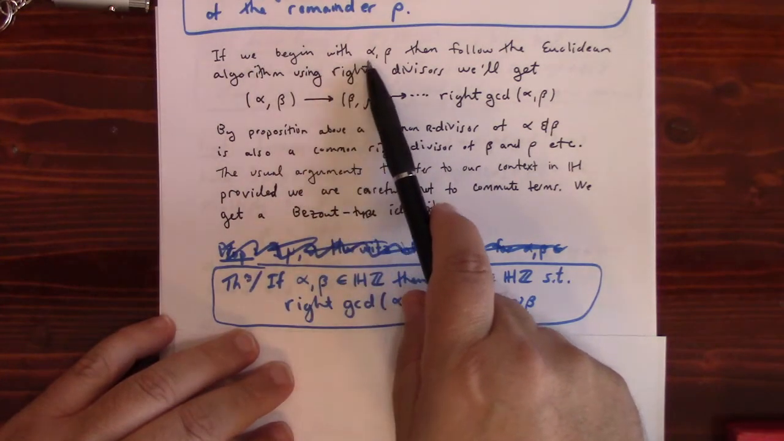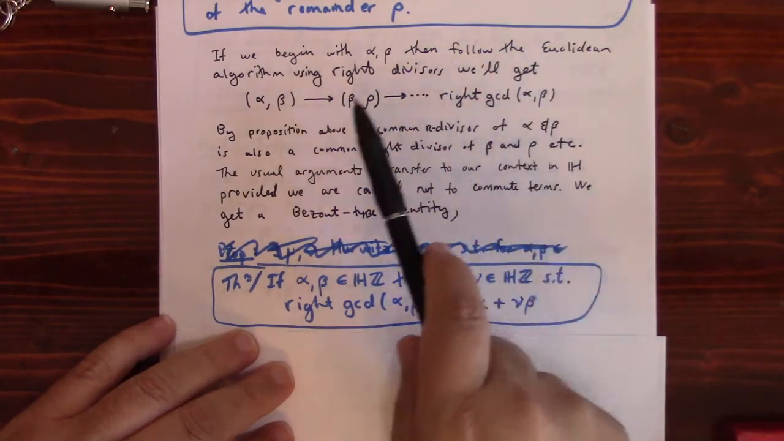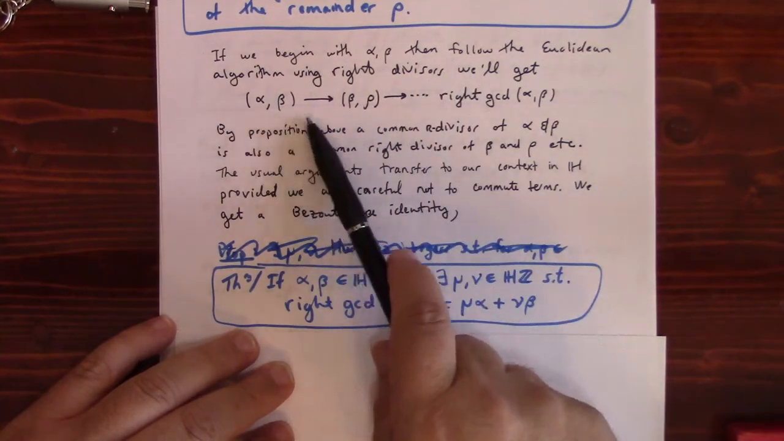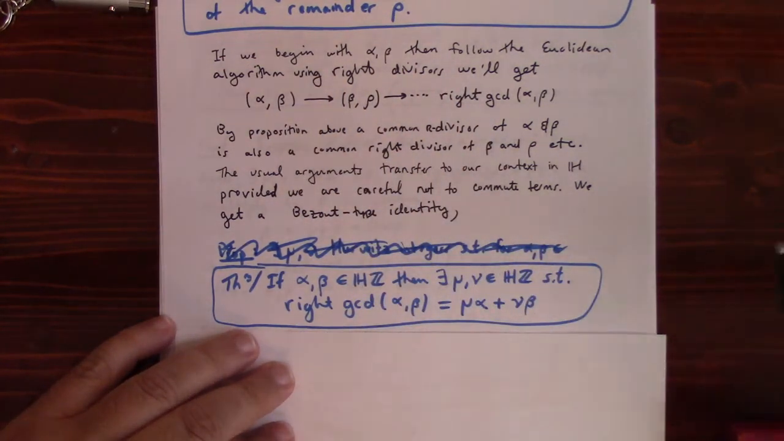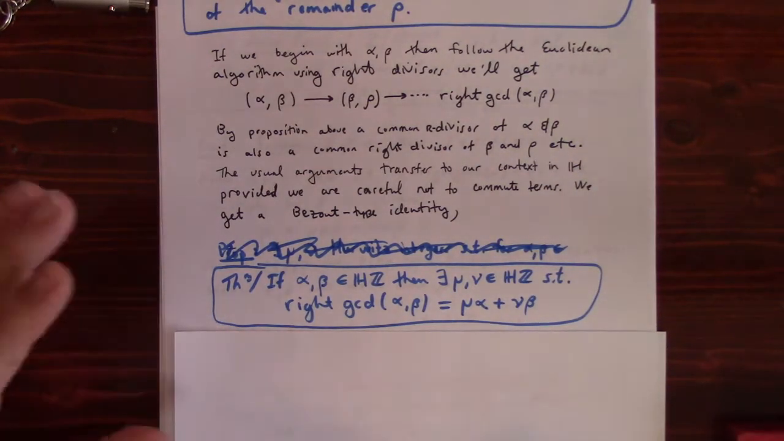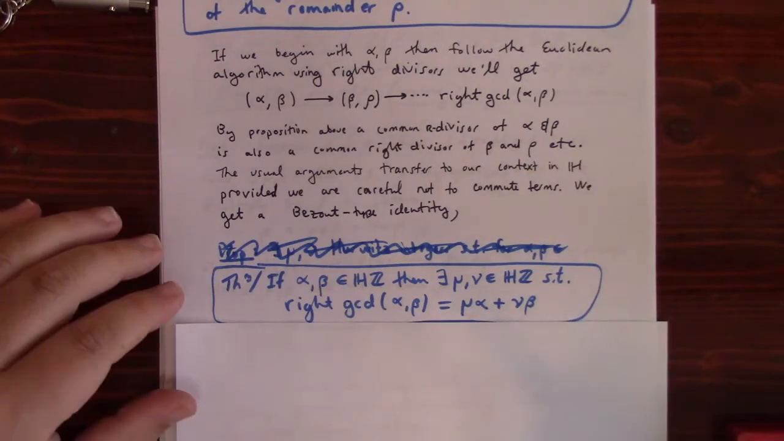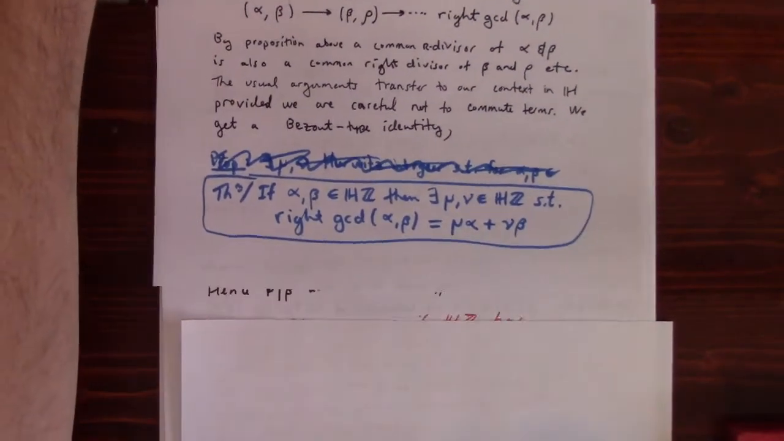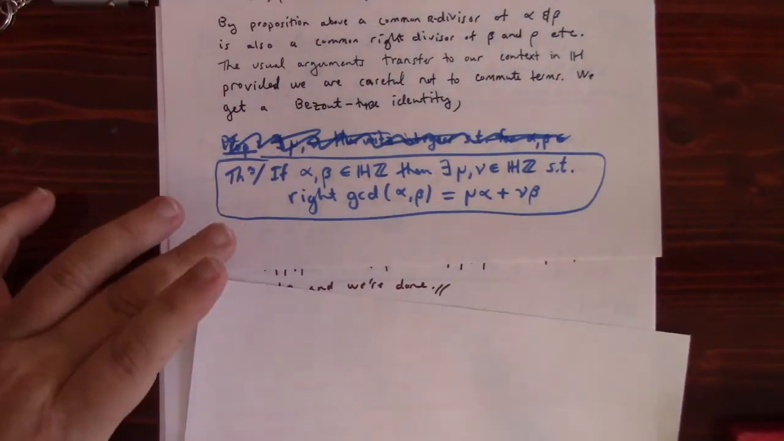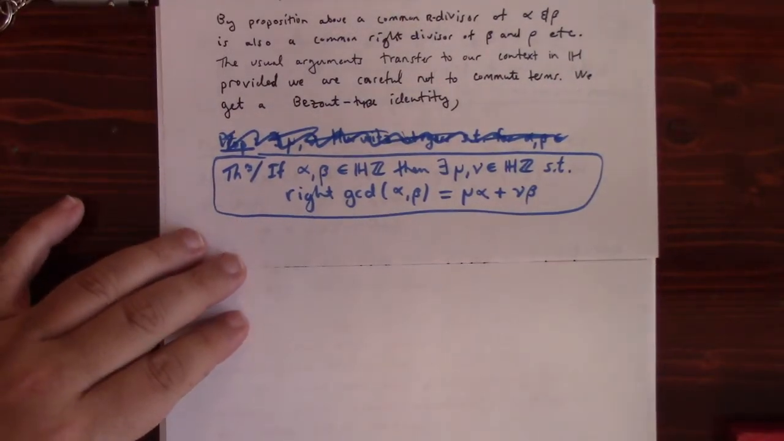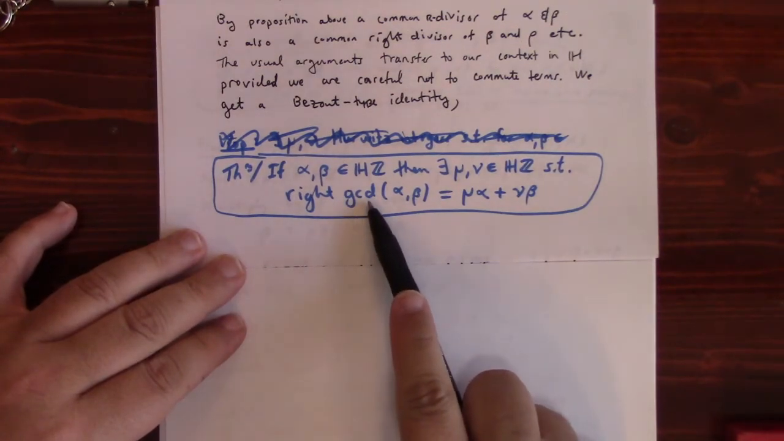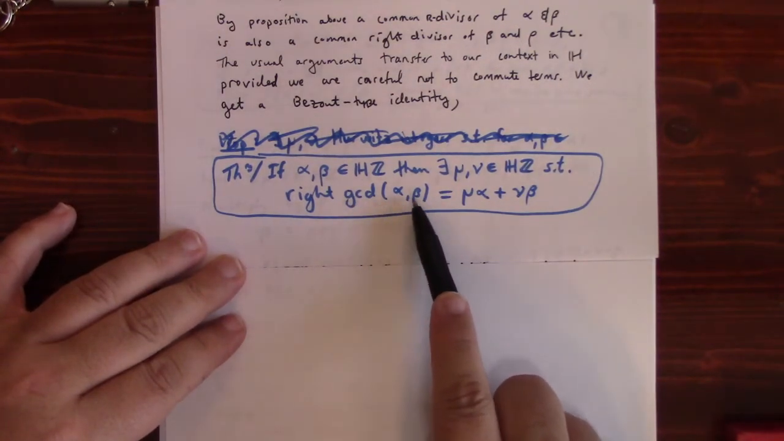if we begin with alpha and beta, you can follow the Euclidean algorithm using right divisors like such. Okay, anyway, I'm not really going to show you the details. I'm just telling you the Euclidean algorithm works if you take care to mind the non-commutativity. And in short, you can keep doing it, and eventually you get to a 0 remainder, right? And the one right before that, you can say is a right greatest common divisor of alpha and beta,